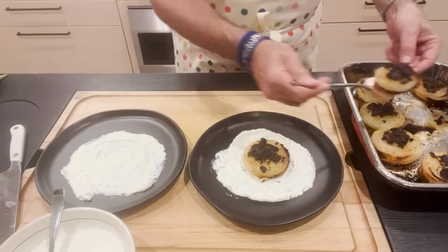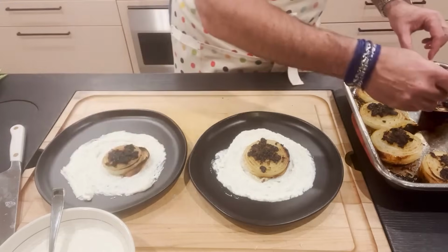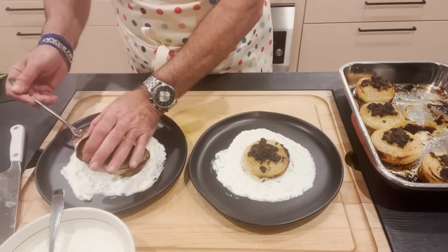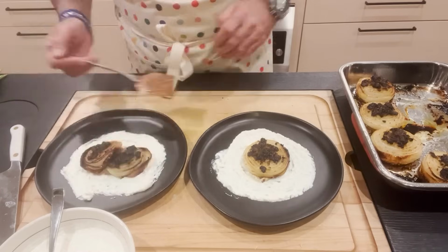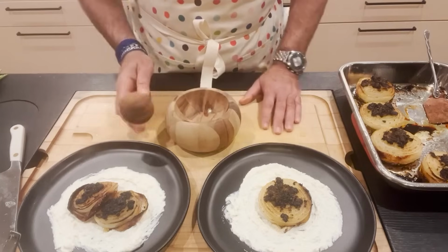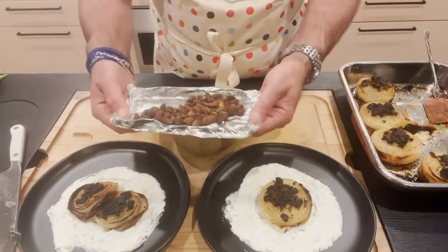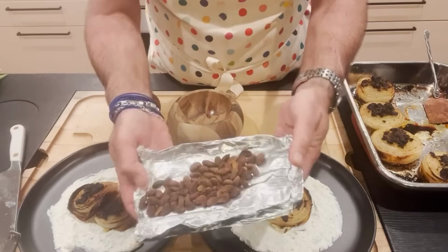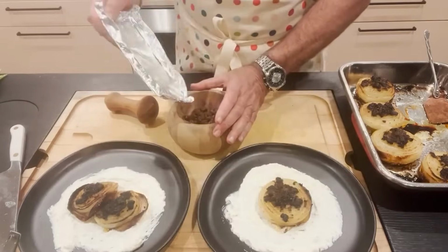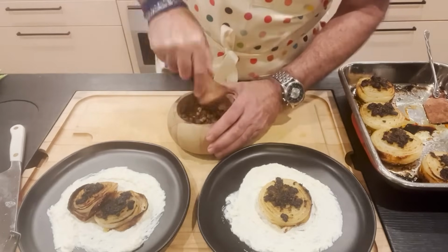Or take some themselves. The other thing that you can do is you can take 2 of these, which is something I'm really keen on, I have a mortar and pestle here. This is a wooden one. I use this for a lot of softer things that I don't need to grind a lot. This is a little piece of aluminum foil. I made a little tray. I put a couple of tablespoons of shelled pistachios. And all I'm gonna do is I'm gonna just press down